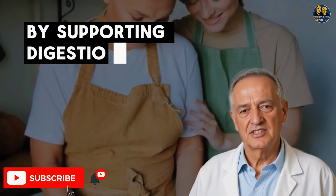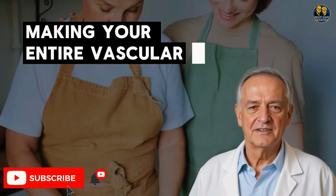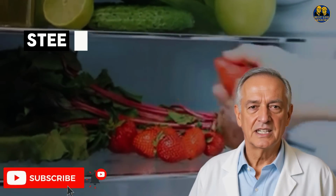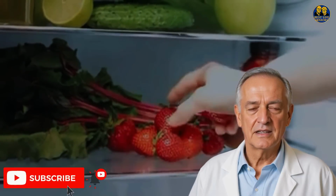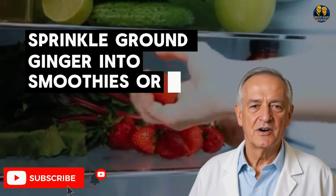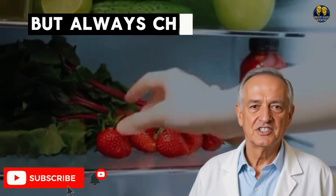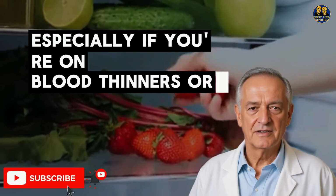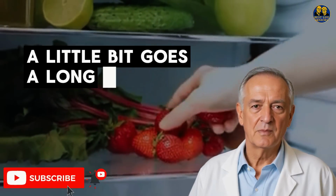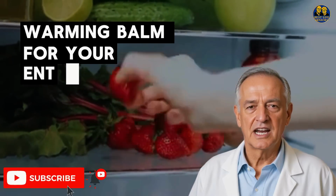By supporting digestion, ginger indirectly supports detoxification, making your entire vascular system more efficient and less burdened. You can enjoy ginger fresh, steeped in hot water with lemon and honey, grated into stir-fried vegetables. Sprinkle ground ginger into smoothies or oatmeal. Even ginger capsules are available if convenience is key. But always check with your doctor before using ginger supplements, especially if you're on blood thinners or anticoagulants. A little bit goes a long way, and taken daily, ginger becomes a soothing, warming balm for your entire circulatory